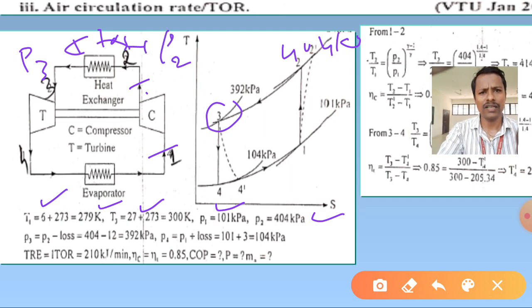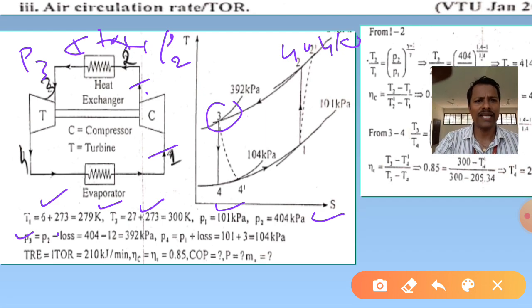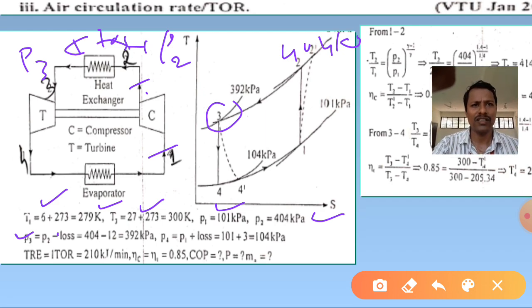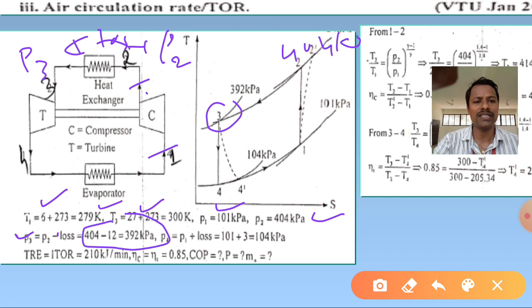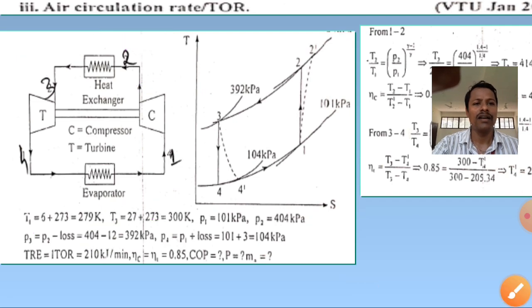So, that is the reason P3 is equal to P2 minus loss. I am sorry, P2 minus loss, that is higher pressure minus loss. That is 404 minus 12, which is 392 kilopascal. So, then again we have